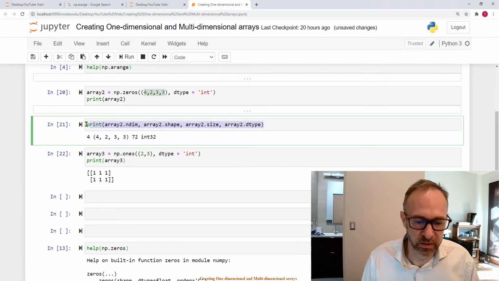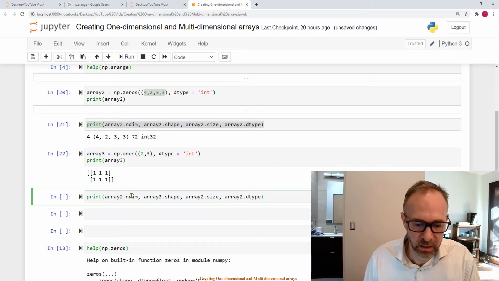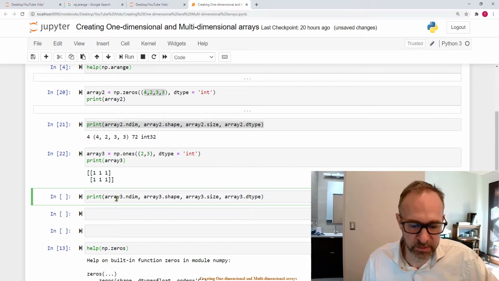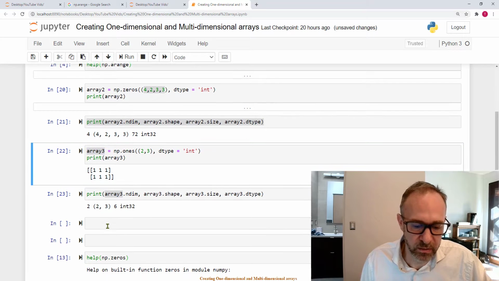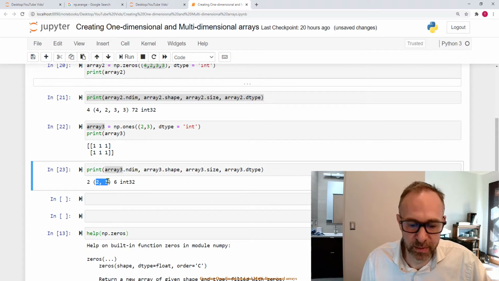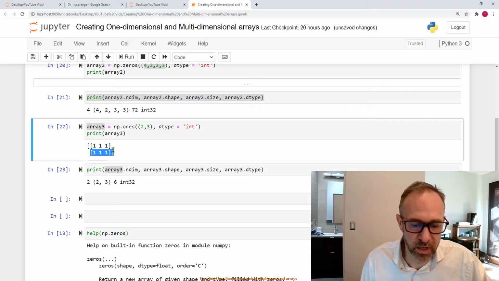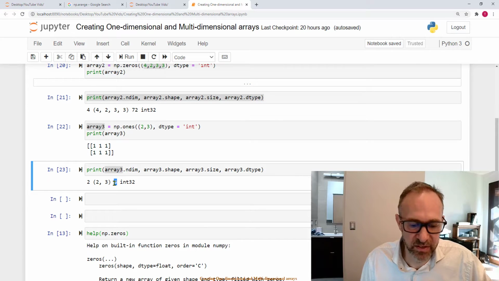And again, we can use our friendly attributes to tell us all the things that we probably can already guess about this array. And I basically, again, just changed it to array 3, which is what we have called this array. I'm going to run the code, and we have 2 dimensions. It's a 2 by 3, 2 rows, 3 columns, and we have 6 values in there,